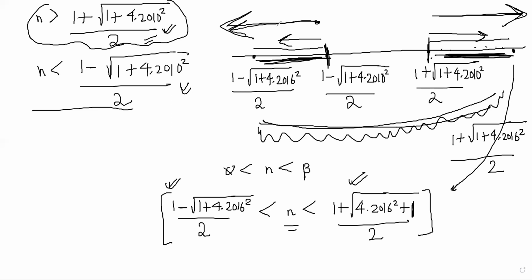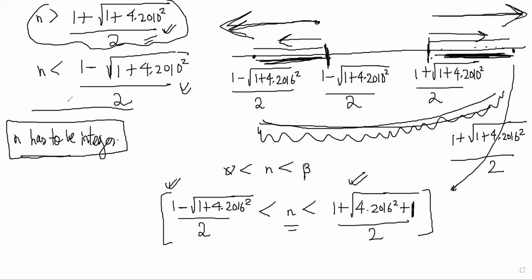But won't it be infinite? No, n has to be an integer. Therefore, not infinite, right? n was an integer value, I think he said. If it was real numbers, obviously infinite, but not real numbers. So we have to somehow estimate how many integers are there. Now this becomes a little painful.